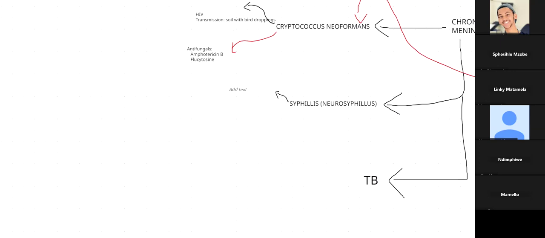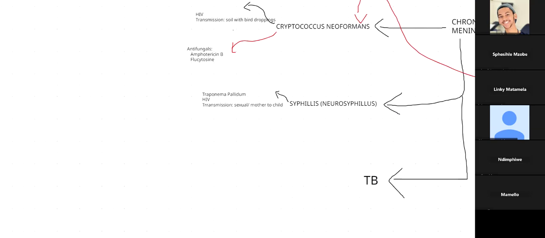And in terms of transmission, you could have sexual transmission or congenital syphilis, which is mother to fetus transmission. So in terms of transmission, we have sexual transmission or mother to child transmission. Okay, let me just see quickly if I didn't miss anything. Treatment for neurosyphilis would be IV penicillin.